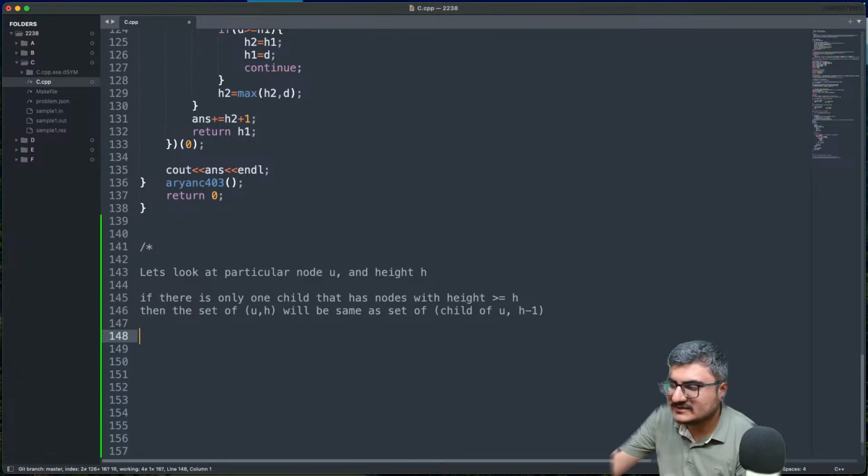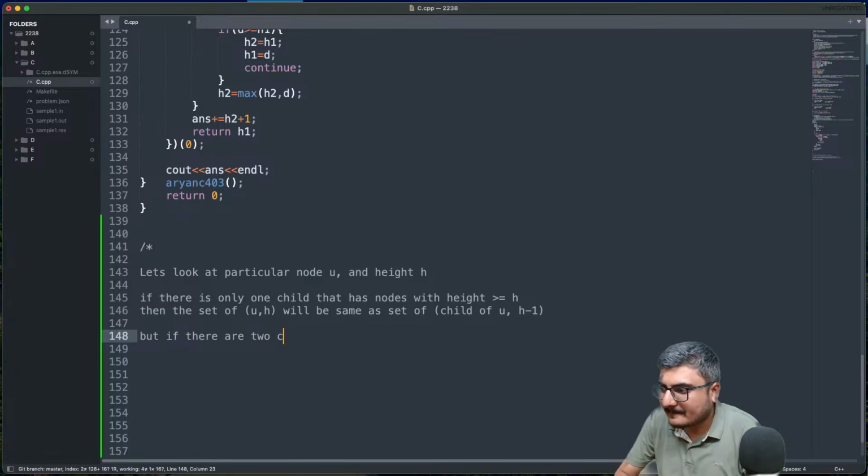No, height is when h is greater than or equal to 0. No, so far I'm not finding the height of the nodes. I'm trying to simplify a few lemmas and then I will try to use them for some other use case. But if there are